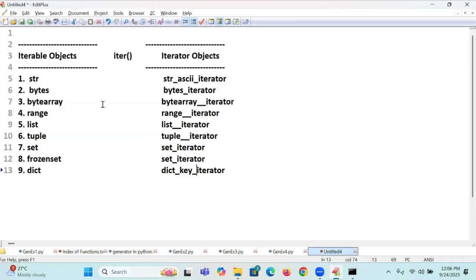100 chocolate packets I don't want. One chocolate I want. So I will convert those 100 chocolates into what? A chocolate iterator. What is the difference between chocolate and chocolate iterator? The chocolate object will give all the chocolates at once, but I don't need that. I want one chocolate at a time. Convert the chocolate iterable object into a chocolate iterator. A chocolate iterator will supply the value only on demand. If my requirement is only on demand, convert into an iterator. If you want all at once, go for an iterable object.